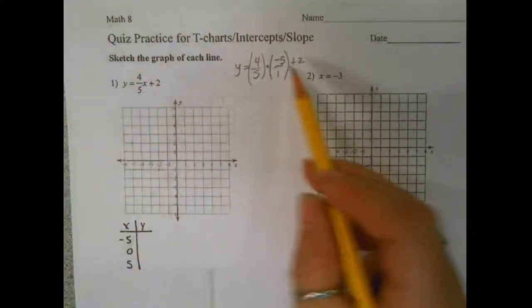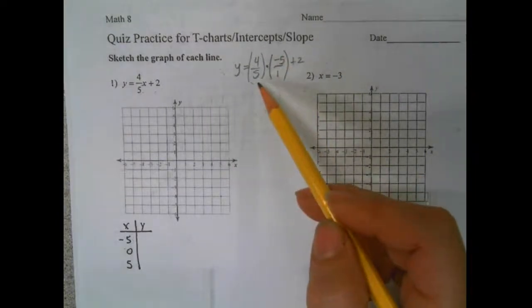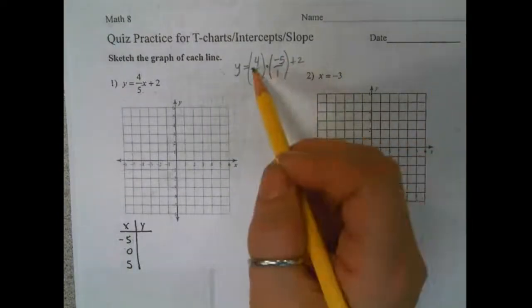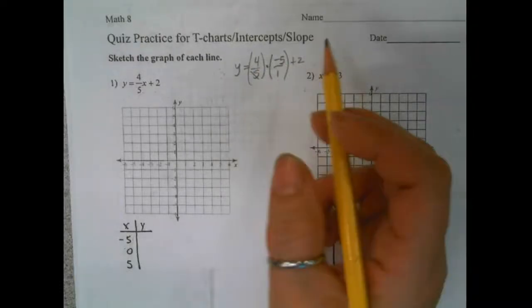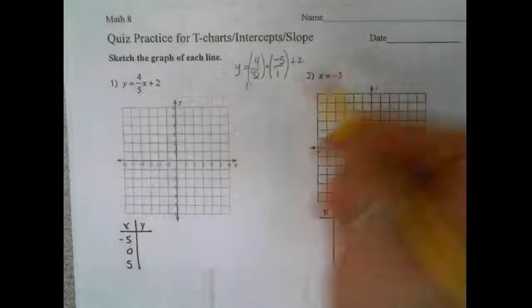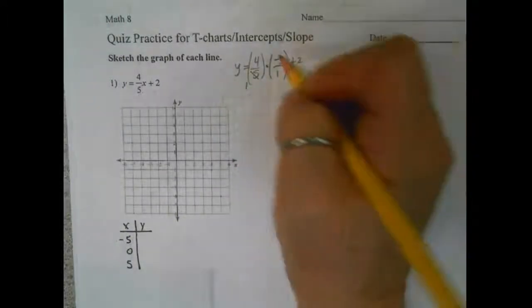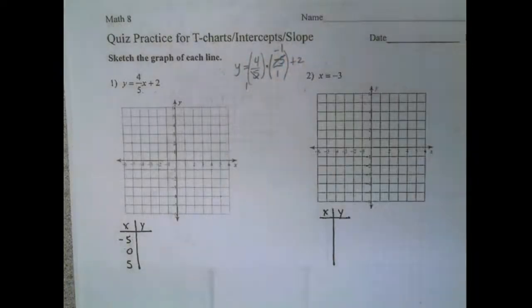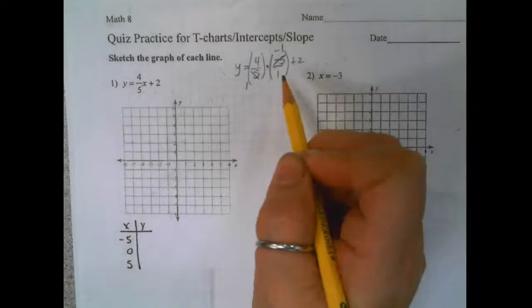Okay, so in order to do this, a lot of you guys kind of freak out when you're multiplying fractions. You shouldn't. You want to look to be able to simplify it, okay? So 5 goes into 5 how many times? Once. 5 goes into -5 how many times? -1, right? So now that I have 1s on the bottom of both my fractions,